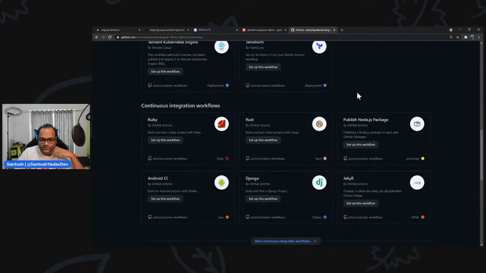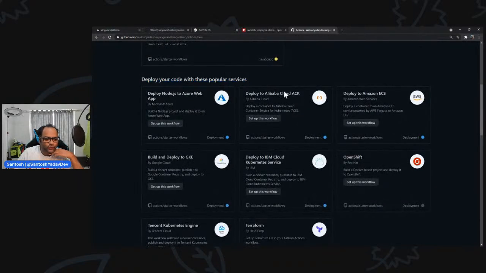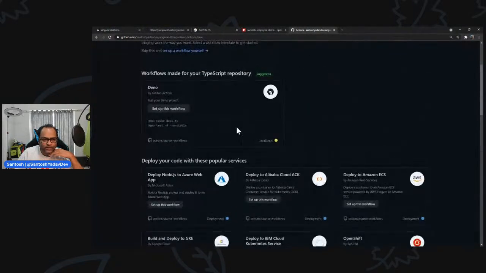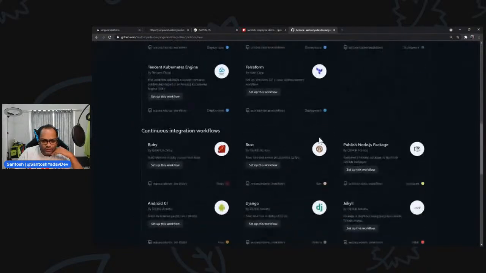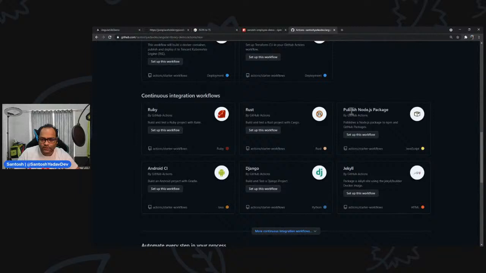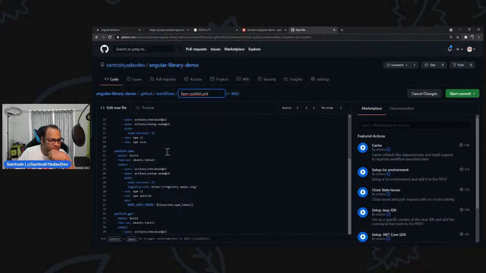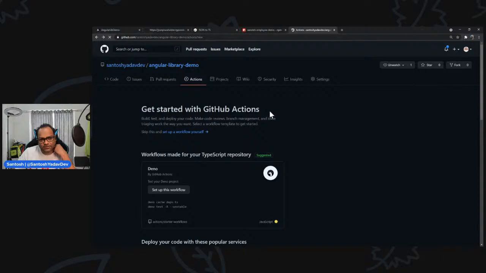The one I'm going to use publishes a Node.js package. So I'm just going to use Node.js to build. Let's go ahead and do that. Publish a Node.js package. Let's use the Node.js one. What we have here is, okay, so we have build and npm publish. I don't want to publish it. Let's go back